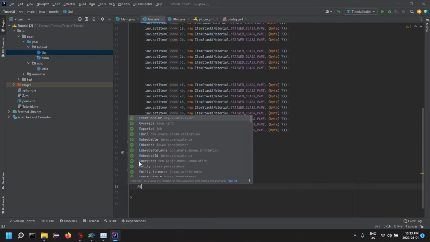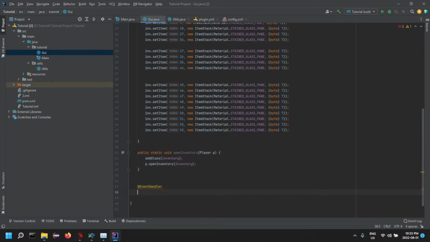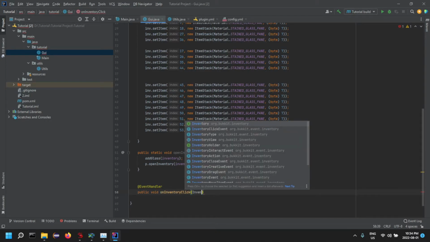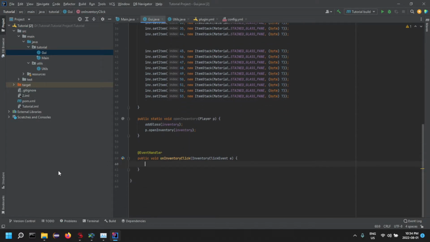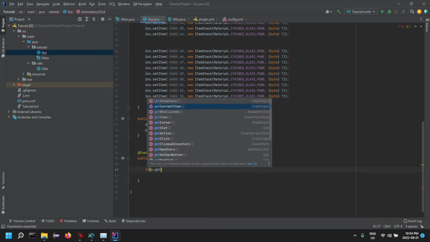So what we can do is add event handler, then we can do a public void on inventory click. You can name this whatever you'd want, but we're just going to grab the inventory click event. And so now this event will be called whenever someone clicks the item. Now we're going to do a few checks. So if e.getCurrentItem